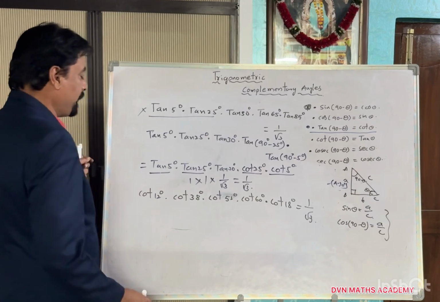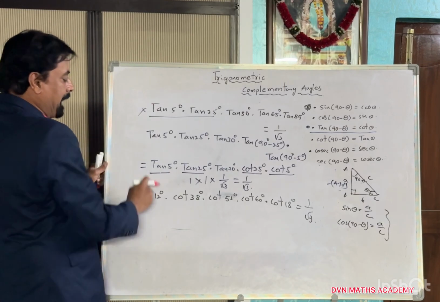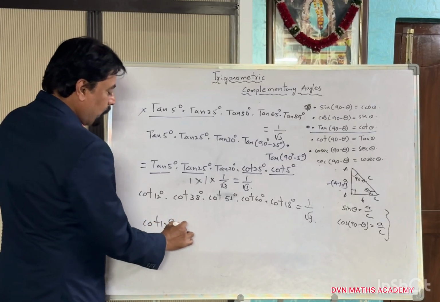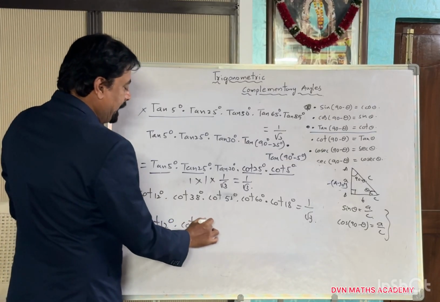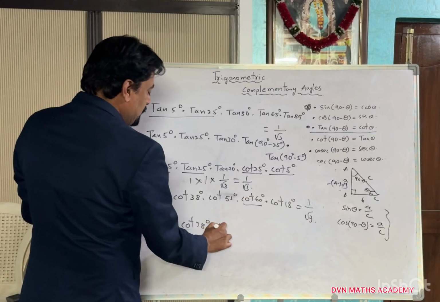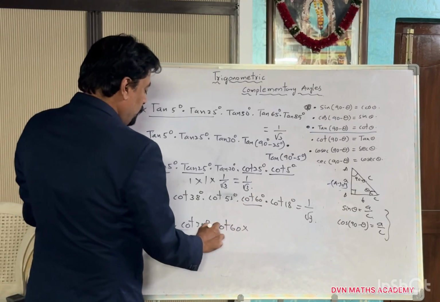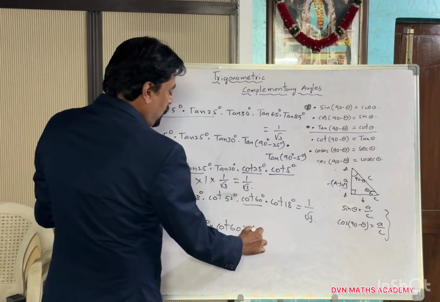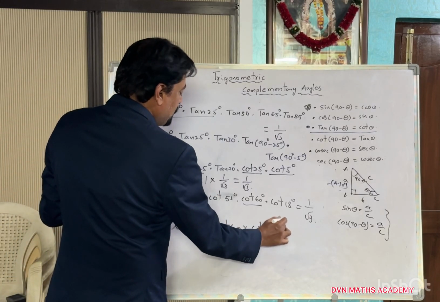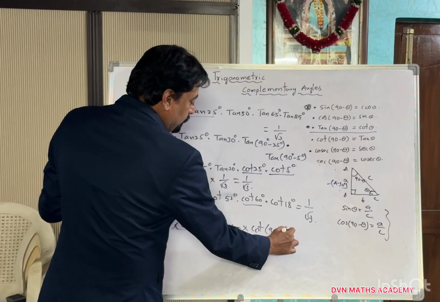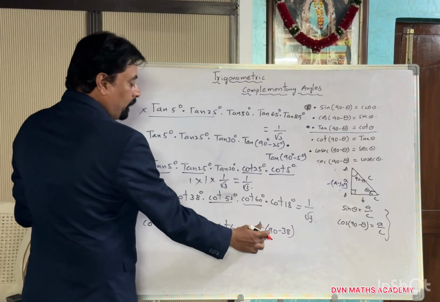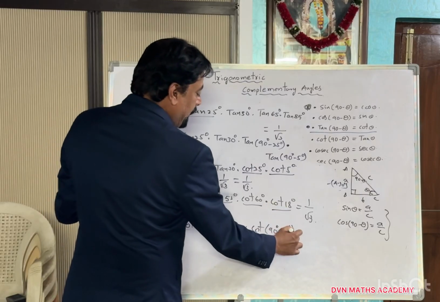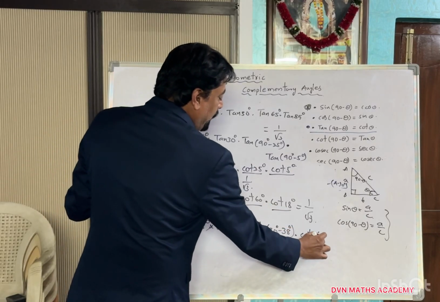The second question follows the same pattern, but it is in cot terms. I can write cot 12 degrees into cot 38 degrees into cot 60 degrees here, where the dot means into. Next, cot 52 I can write as cot 90 minus 38 degrees, and cot 18 I can write as cot 90 minus